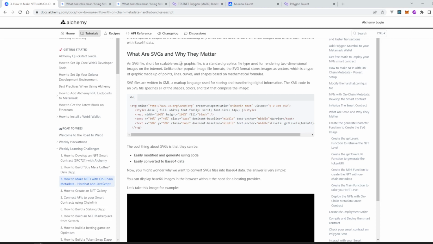SVG files are written in XML, a markup language used for storing and transferring digital information. The XML code in an SVG specifies all of the shapes, colors, and text that comprise the image. So that's the XML file. The cool thing about SVGs is that they can be easily modified and generated using code, and easily converted to base64